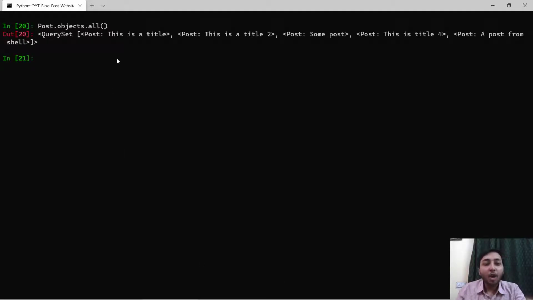You can see that we have all 5 posts, 1, 2, 3, 4 and 5. Right? Okay. You can also check like this. Just implement len. It's 5. So with the help of the all method, you can extract all the rows, all the objects inside that particular model.